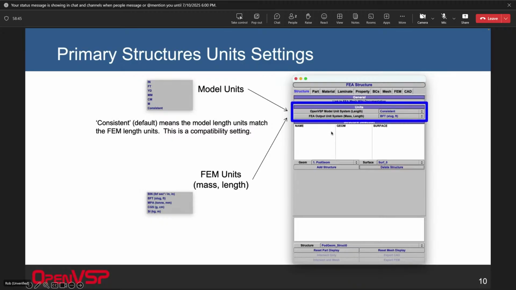And then you also tell it what units you want to use to do your FEM solve in, so both the length and the mass units used there. Now, the consistent option here is basically a legacy option, which says don't convert anything. I know what I'm doing. My model units match my export units. That's really there for a compatibility setting, so that models created before this capability was added would still